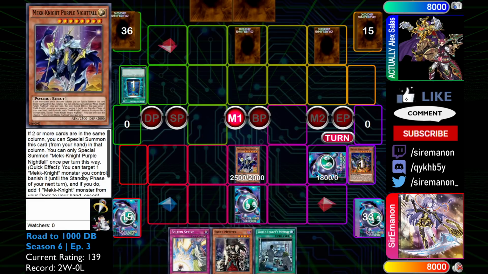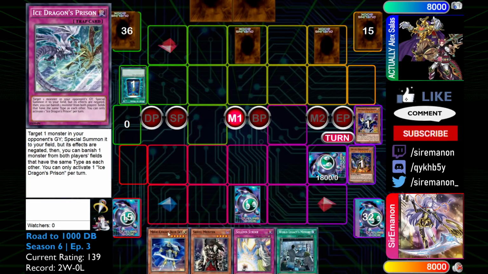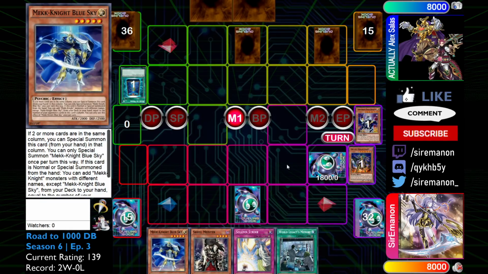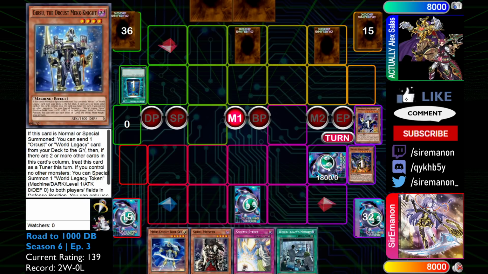So we're going to go ahead and summon our copy of Purple here, and then use that effect that's going to target itself to add a copy of Blue Sky. So here I'm just trying to set up for next turn, potentially. I not only have the Purple coming back, so I can try for another Girsu next turn, but this can search a Girsu, and this Memory can get a copy of Purple, which can also get Girsu, so we have a lot of ways to get follow-ups for next turn,